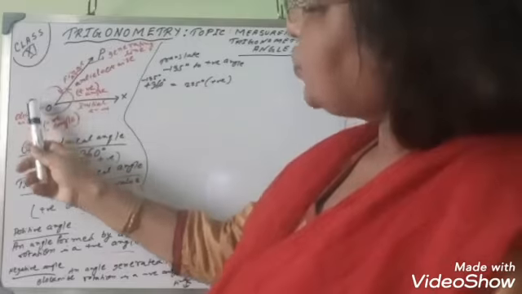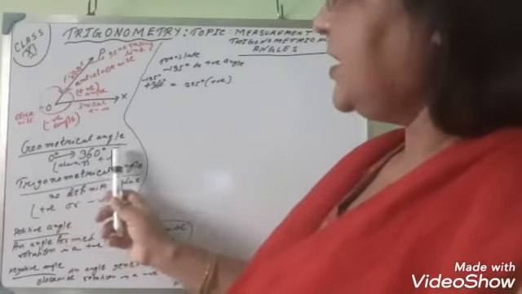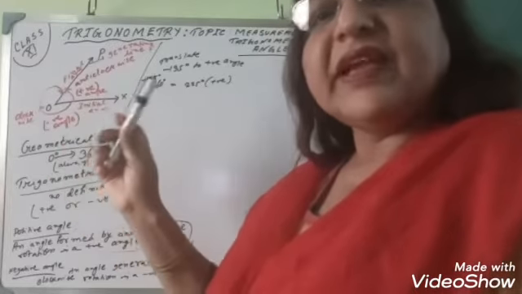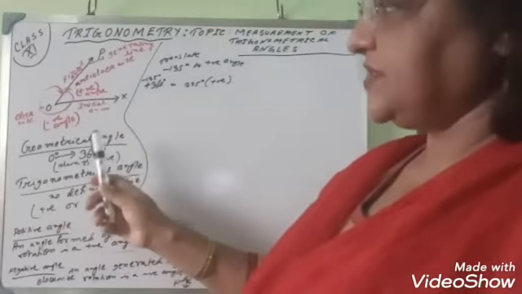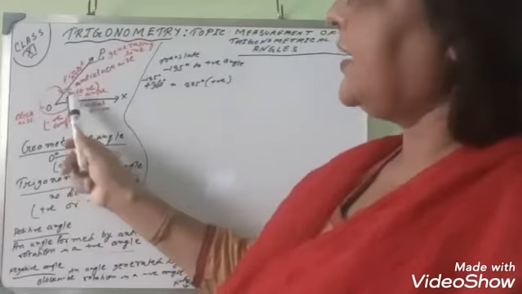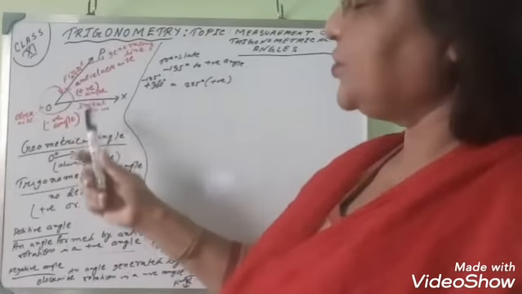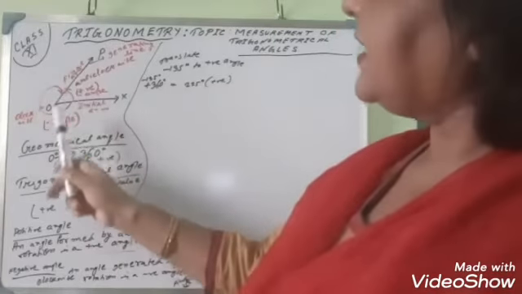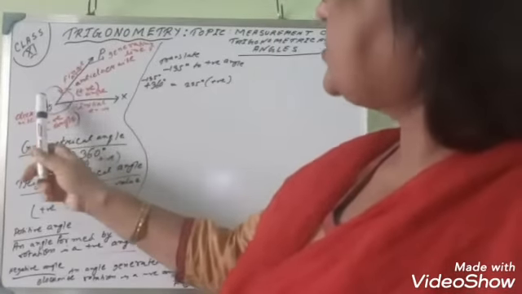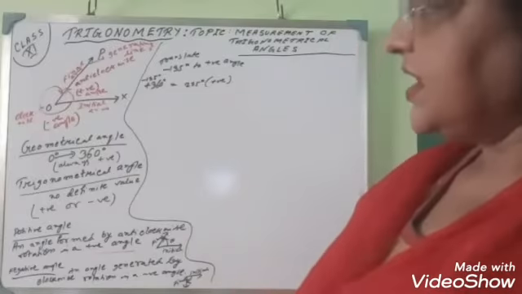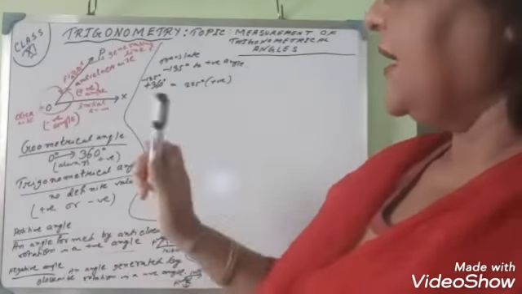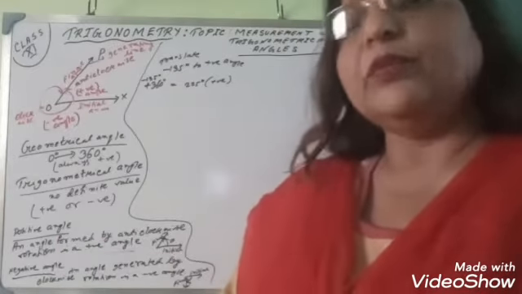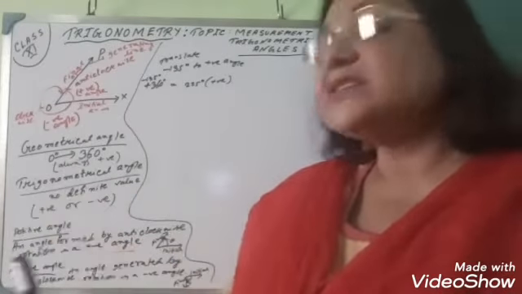If we start from here, going anti-clockwise, that means a total of 0 degree to 360 degree, that geometrical angle we can draw. With the help of a protractor we can draw up to 180 degree, 272 degree, 350 degree, 360 degree, and all these angles are drawn in the anti-clockwise direction. This is a geometrical angle. And for a trigonometrical angle, there is no definite value. Geometrical angles are always positive.